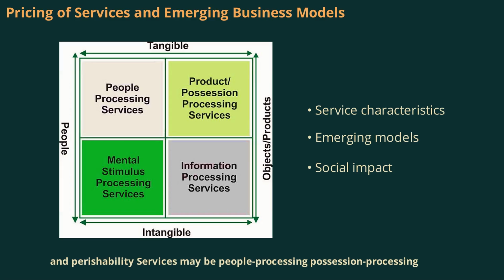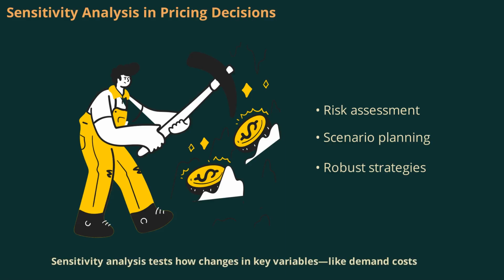Services may be people processing, possession processing, mental stimulus, or information-based. Emerging business models, such as disruptive or sustainability-focused models, require pricing strategies that reflect social, environmental, and economic considerations, especially in price-sensitive markets. Sensitivity analysis tests how changes in key variables, like demand, cost, or market conditions, affect pricing decisions